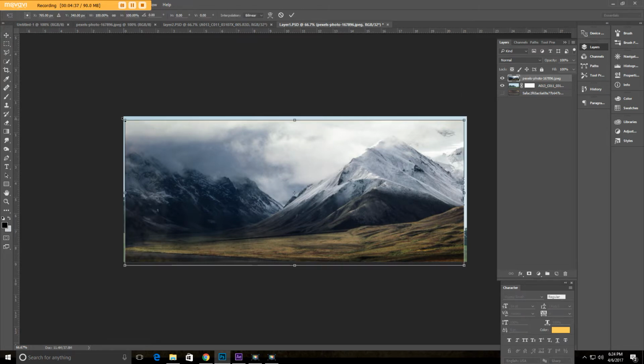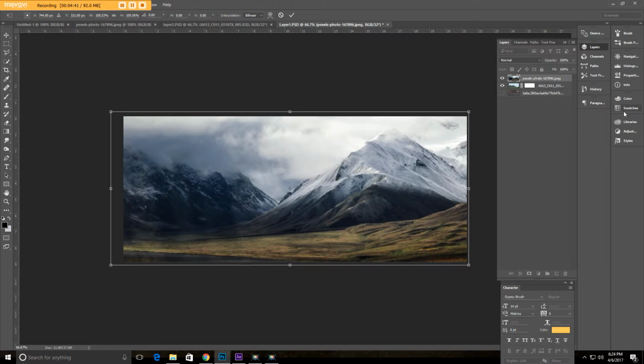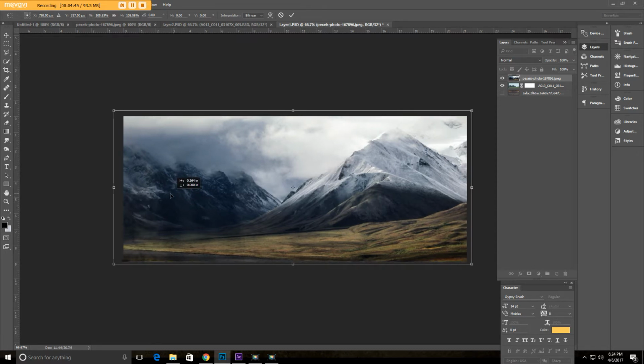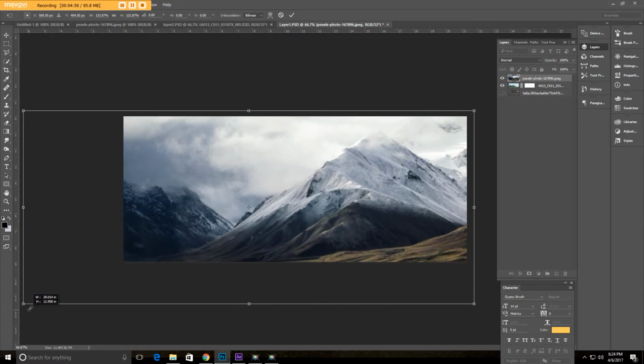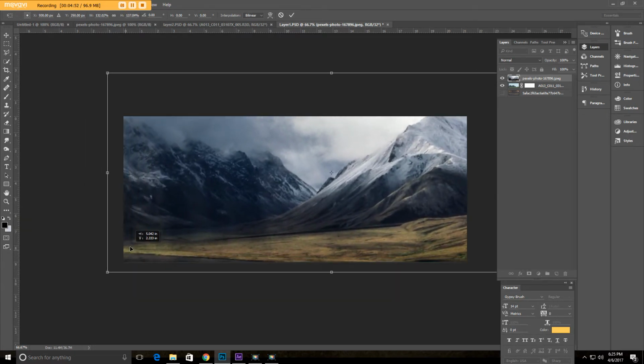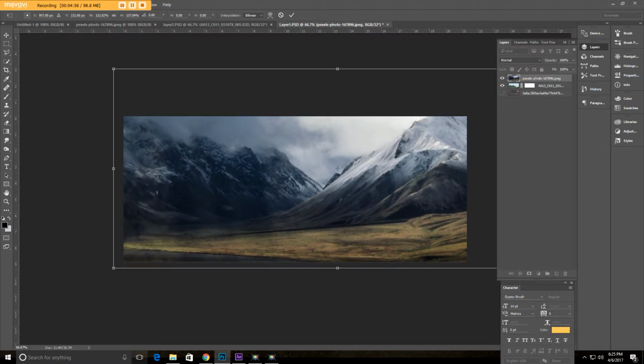There it goes. And we're gonna make this big. I like it. Look, that's cool. It's gonna make a good background layer. But I want it to be larger than the screen. That way, when I actually import this, I want it to be that